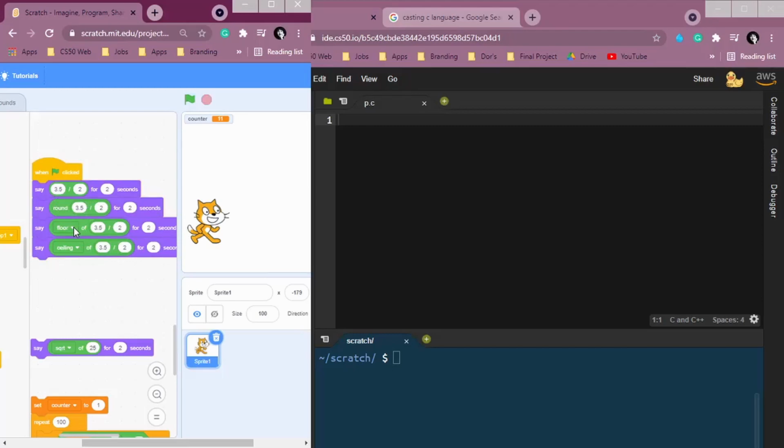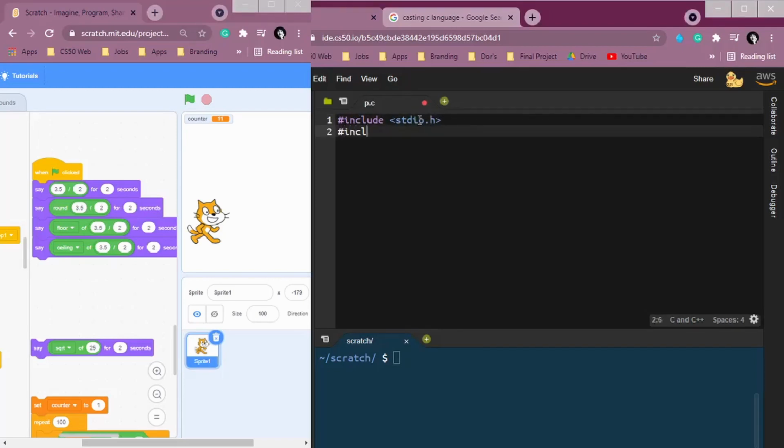The floor is going to round, but thinking of the floor number, so the lowest number that we can round, and the ceiling is going to be the highest number that we can round. So let's first include our stdio.h library, and also we have to include the math library, okay? So math.h library. Here we're going to start our function int main void, and in the first case we're going to have a floating point number, right? So we're going to create a variable of type float, and we're going to call it div1, and it's going to be equal to 3.5